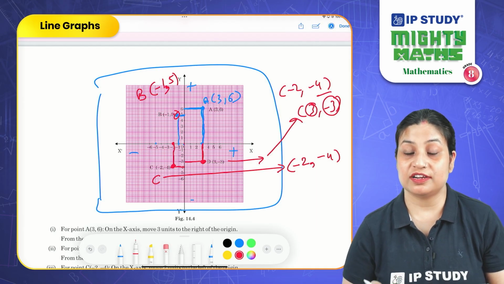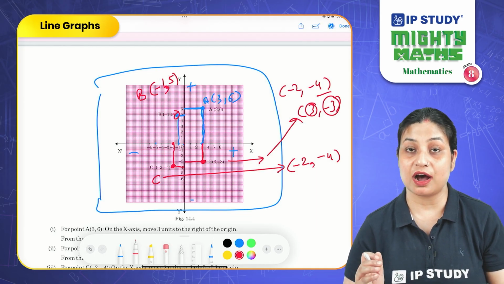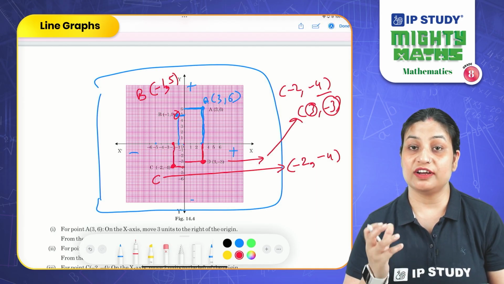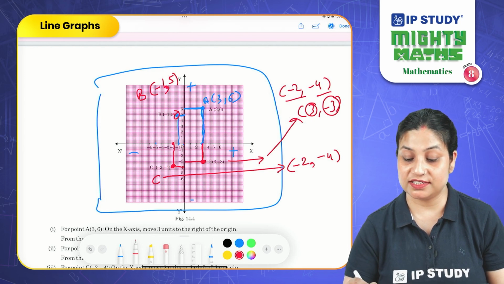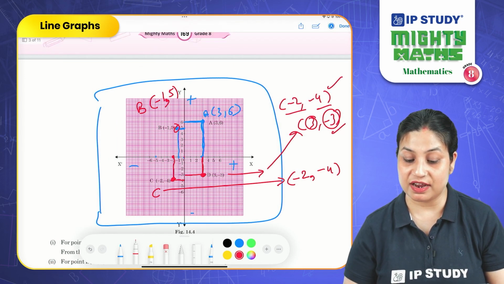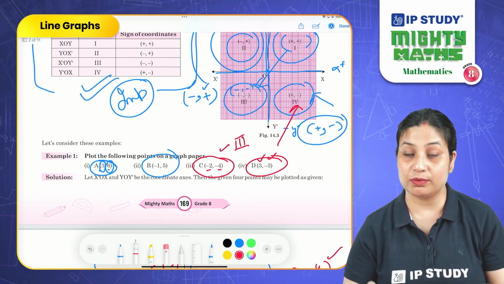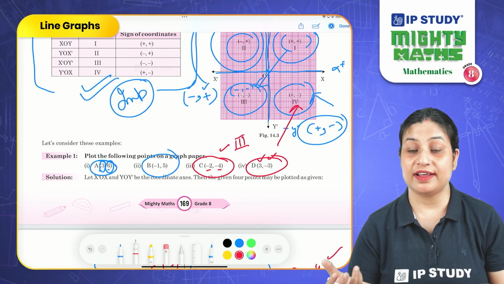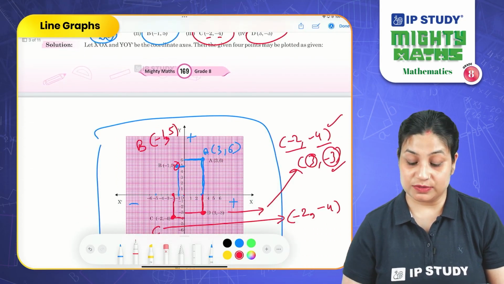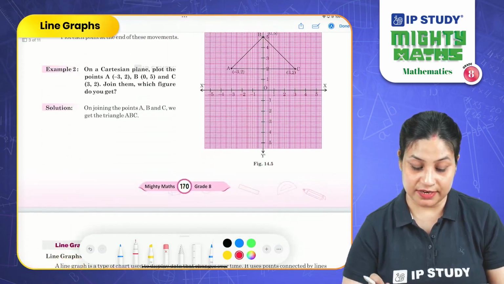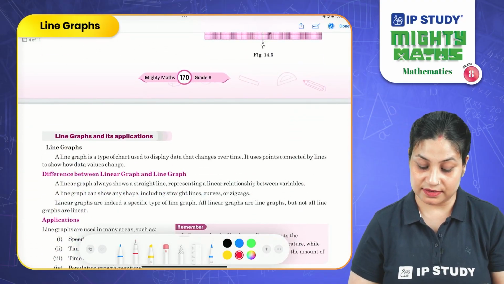So I hope you have understood this example, which is telling you how to plot points on a graph paper, right? And what are these? These are called ordered pairs, right? We have discussed different quadrants and what kind of ordered pair each quadrant has. Now let's move on to the next topic and see what is there. The next topic is